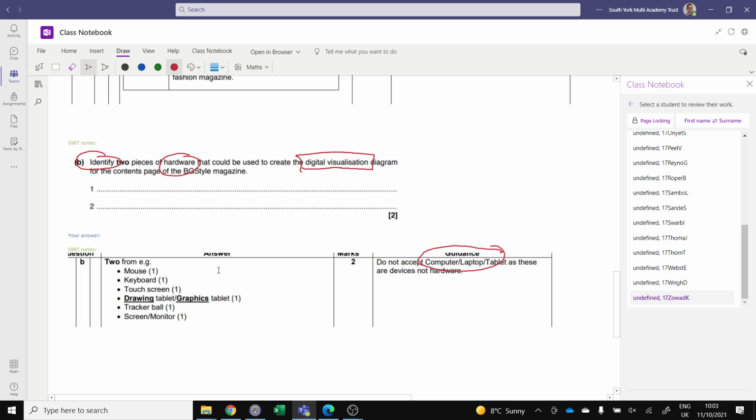So a mouse to be able to move the cursor so that you could design stuff. A keyboard so that you could type in the text on the contents page, a touch screen so that you can move things around with your finger, a drawing tablet or a graphics tablet, the same thing, so that you can use a stylus as though it's a pen for your designs,